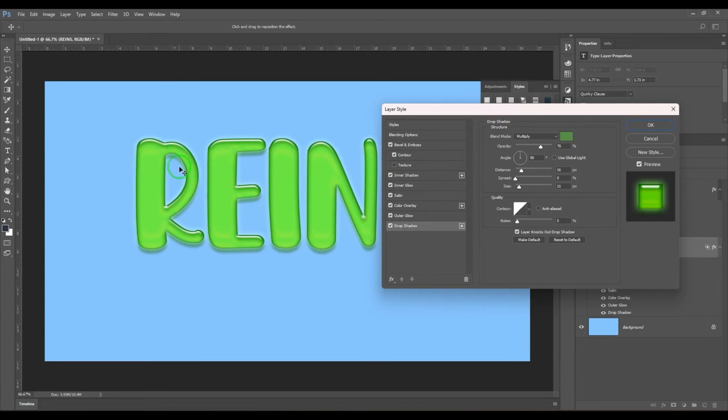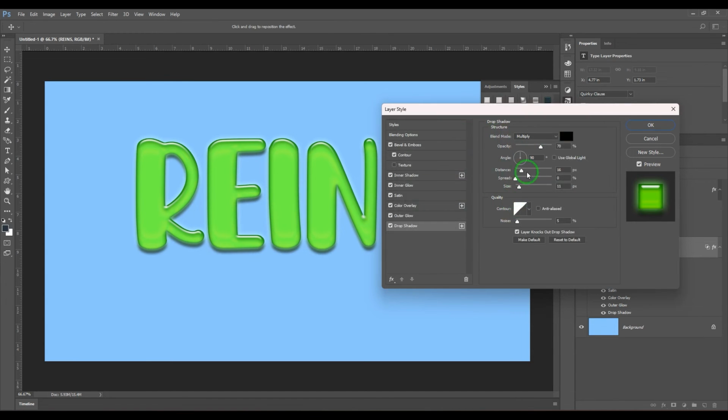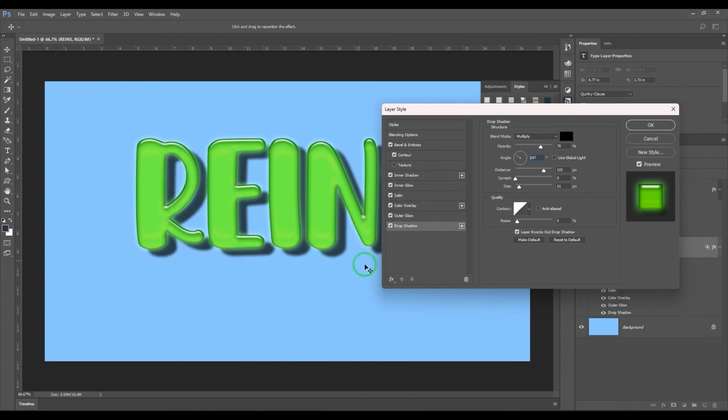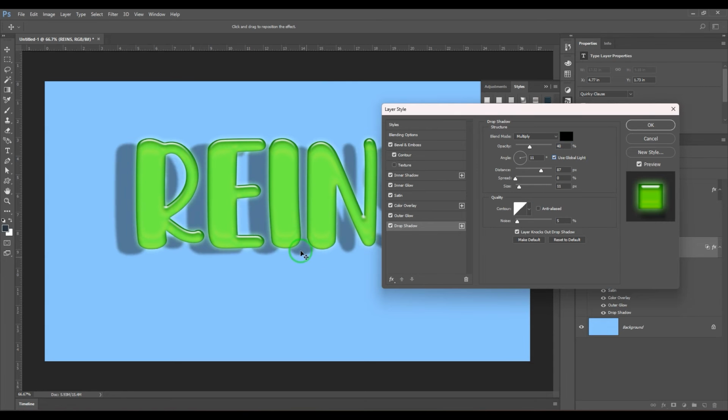So they want to show this as a jelly, that's the reason they give shadow to green. If I give this to black, it sort of looks opaque. So you can click and drag the shadow if you wanted, and then you can try opacity also. And we have this option called global light. When you switch it on and when I drag the shadow, okay,